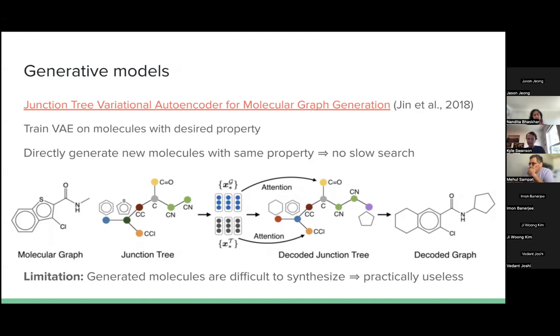And so, in a certain sense, they're almost practically useless. Of course, if you had a lot of time, a lot of resources, maybe you could find someone who'd be willing to synthesize it. But even then, maybe you could only make one or two of them. And it'd be really hard to validate that a lot of the generated molecules have that property that you're interested in. And so we kind of saw this limitation in a lot of the work in the literature, and that really inspired our work to try to overcome this particular problem of generative models that are not creating easily synthesizable